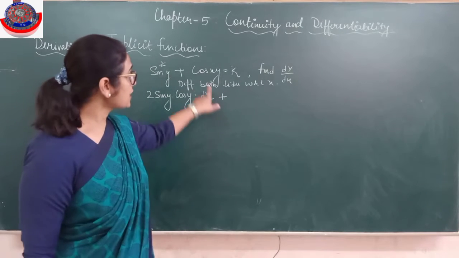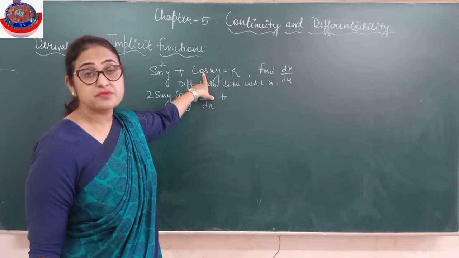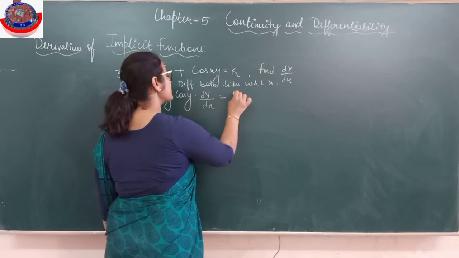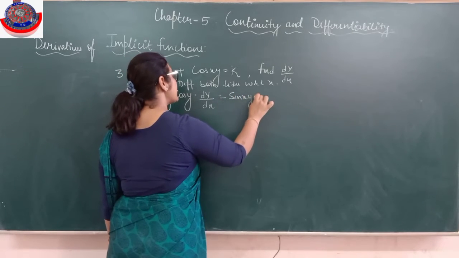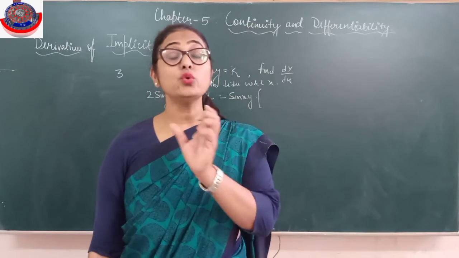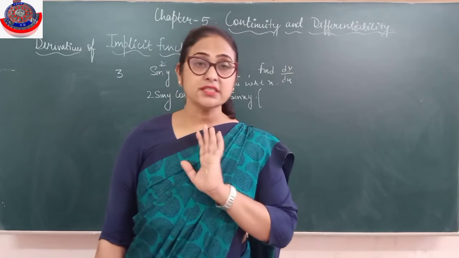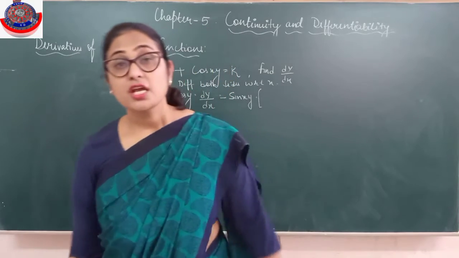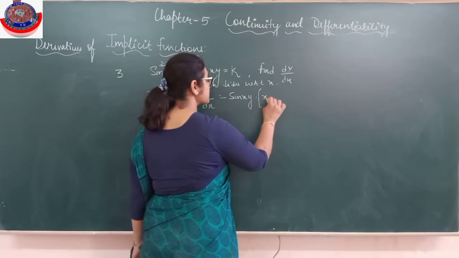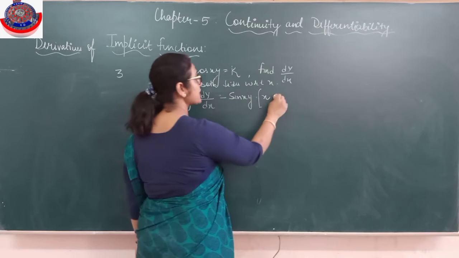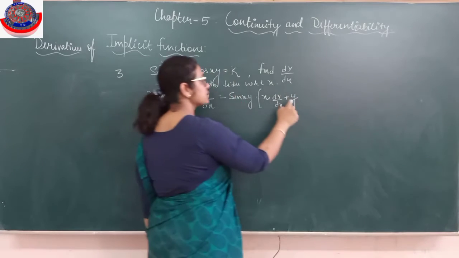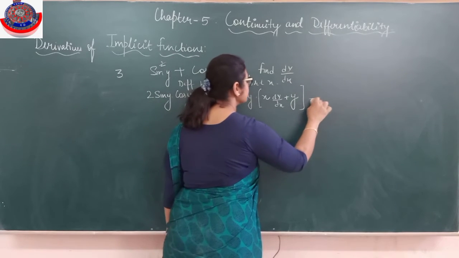Plus, first of all, what is visible? Cos. The first function is cos. So I will differentiate cos. Differentiation of cos xy will be minus sin xy. Now xy is not a simple function. If it were a simple cos x, minus sin x would come. This is x into y. I told you the basic rule, without the basic rule you can't differentiate. So x into y means u into v. x as it is, differentiation of y with respect to x, dy upon dx, plus y as it is, differentiation of x with respect to x will be 1.